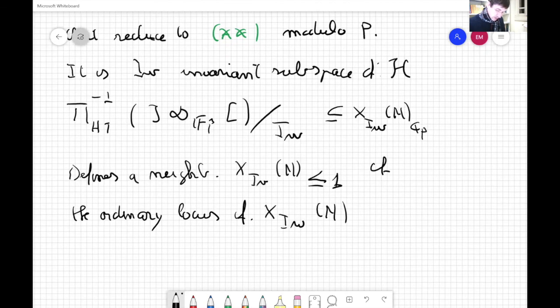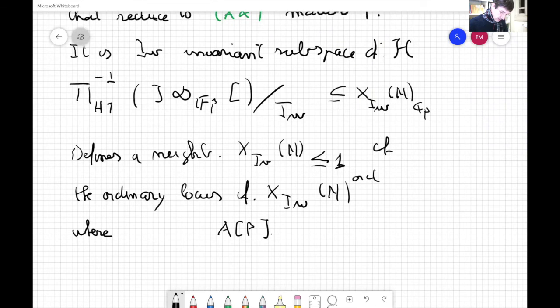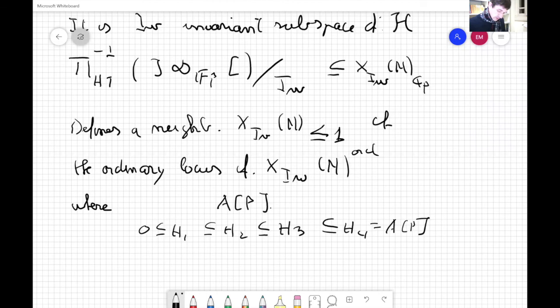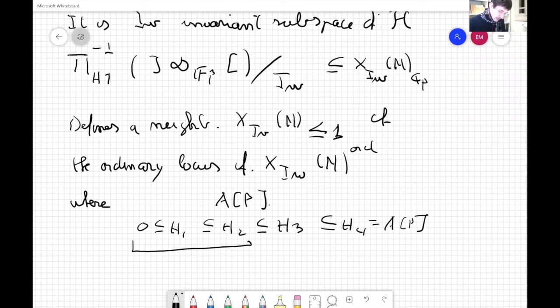So you have a certain component of the ordinary locus of X_Iwahori(n), where, you remember that on the Iwahori level structure you have a full filtration by subgroups, and I consider the component of the ordinary locus where actually this is the multiplicative part. Okay, so that's the component of the ordinary locus